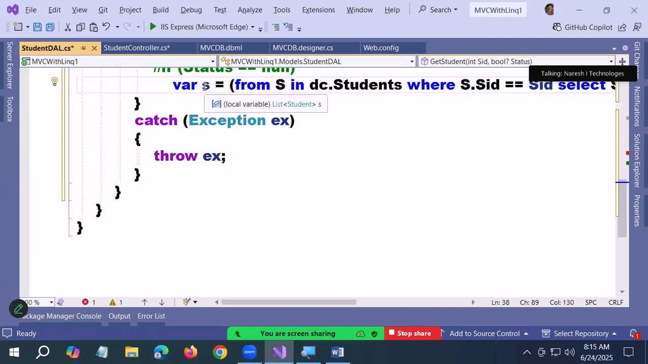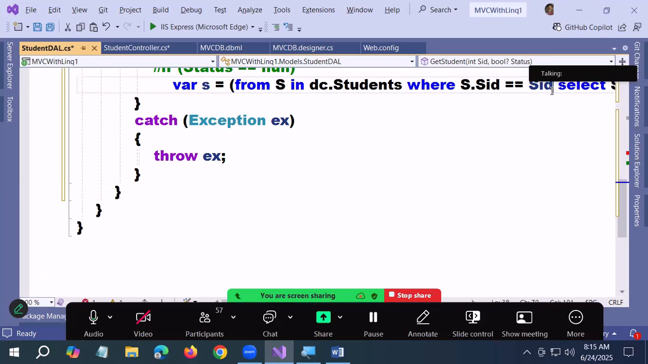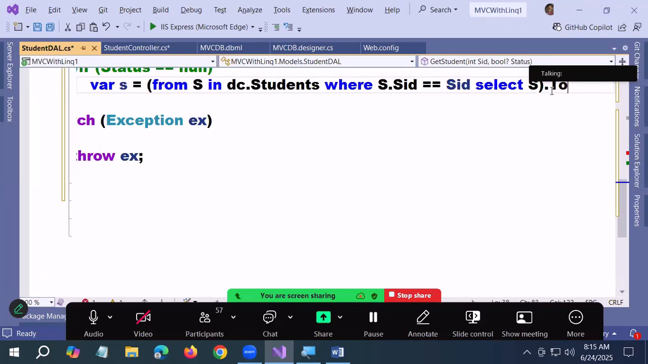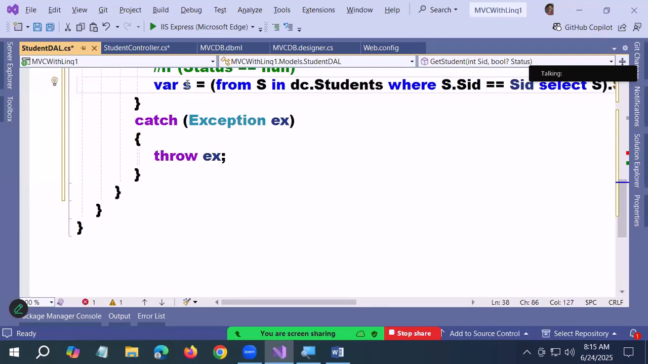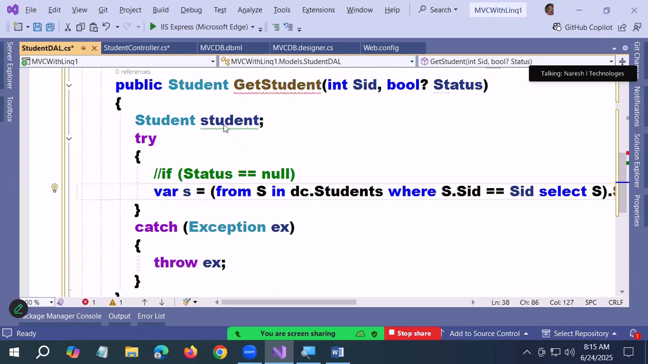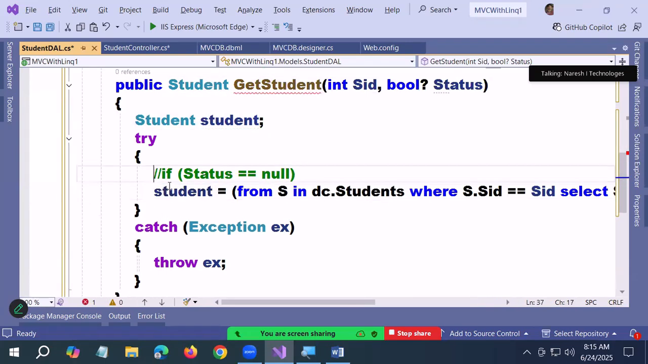IQueryable is converted into a list of students now. But when I call dot Single, this is how you are required to explore. Understood? Am I clear? Now, actually, just to give an idea, I said this, but this is student equal to